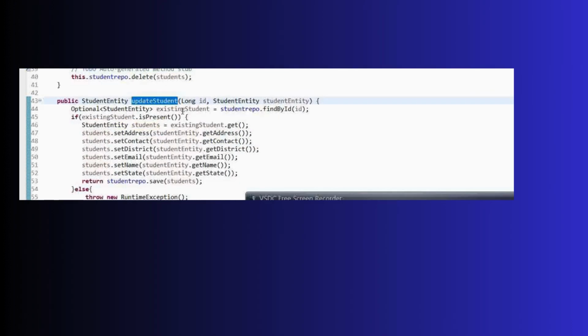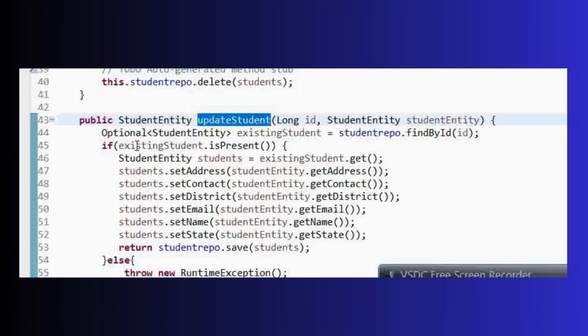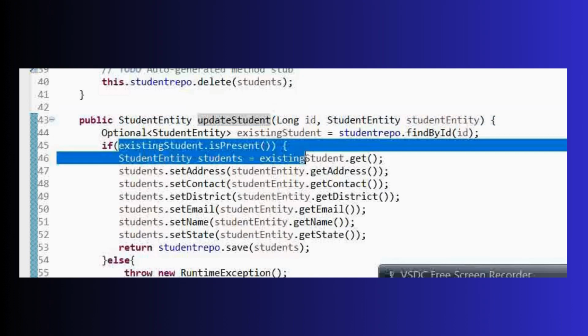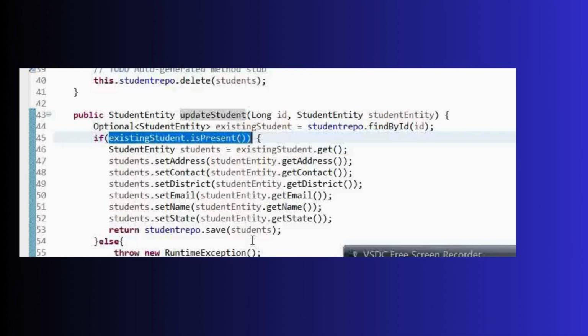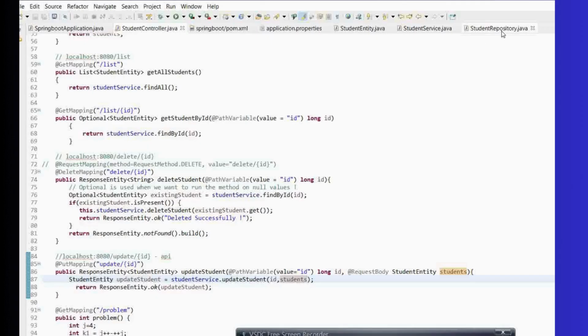Then we will go to our service class, where we will see the particular condition. If this is present, we will update these things, and we will save it with the updated details from the controller class. Or else we will throw